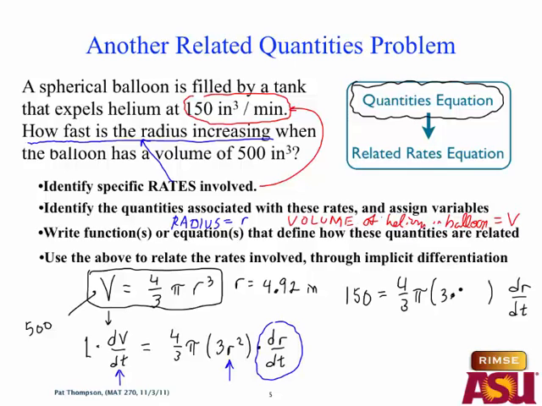So 3 times 4.92 squared. Now you're home free. You're going to solve for dr/dt. And that will be the rate of how fast the radius is increasing per minute. Quick question. Yes, please. We did the derivative of the 4 pi